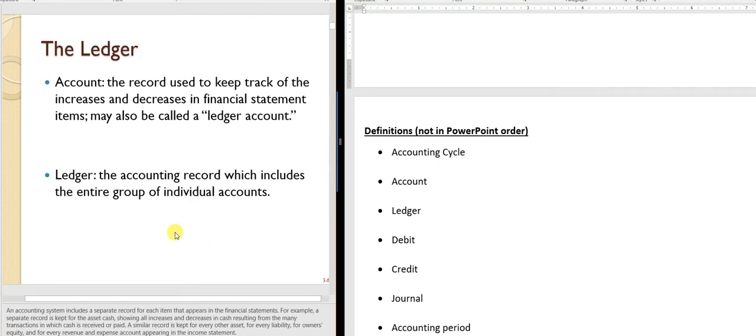So you can read through that. The ledger is, if you think back to the prior chapter where we had cash and all those transactions underneath it, we had land and all those transactions underneath it, accounts payable and all those transactions underneath it. The journal would be the actual transactions, and we wrote them in columns, but hopefully you can visualize that spreadsheet